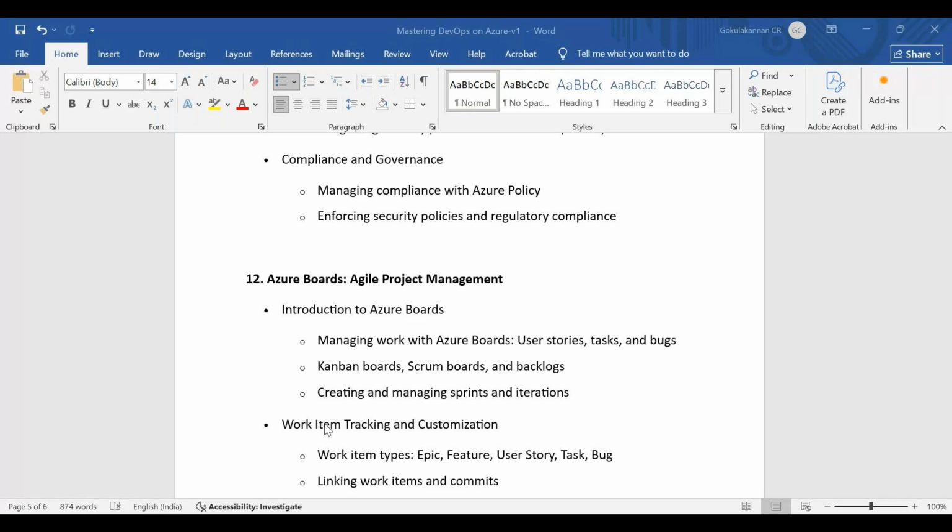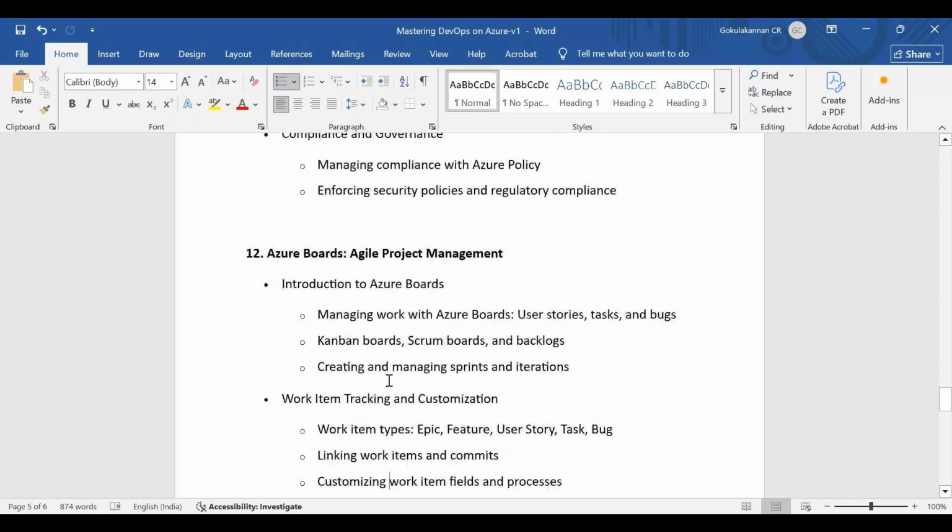Relevant to Jira, Azure itself has something called boards. So Azure Boards. We'll be doing a deep dive on this because this particular thing will be used by anybody. You can be a manager, a non-technical person, a PMO also, but you will be using Azure Boards. So for a person from a PMO background, this will be widely used.